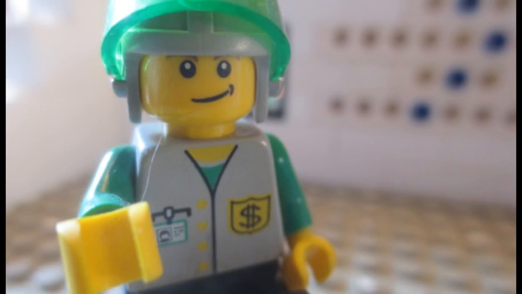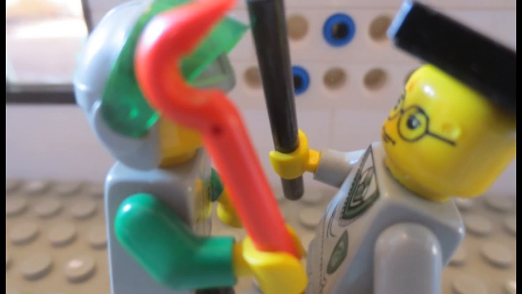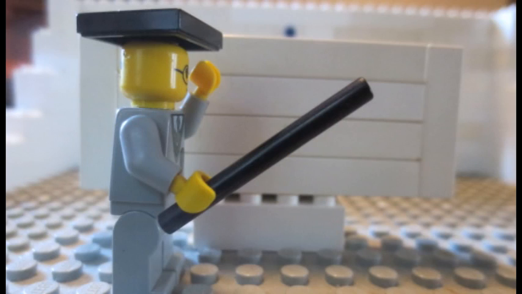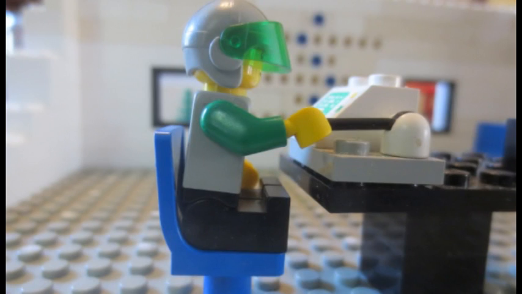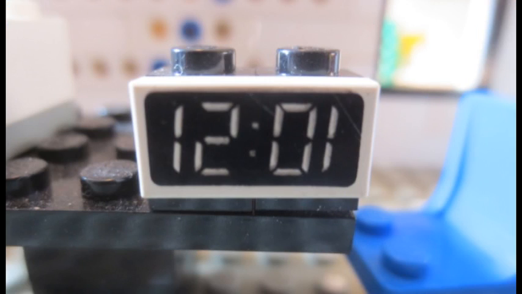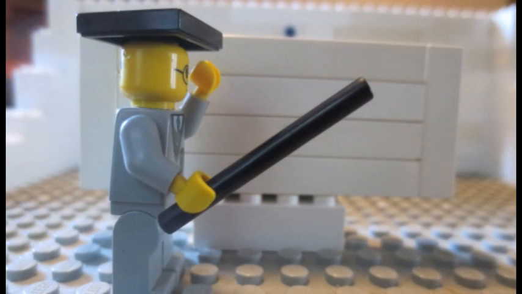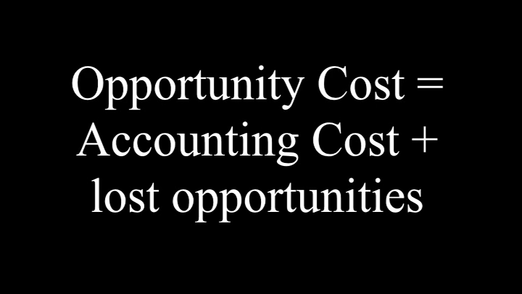Last lesson, we met an accountant and an economist, and they had a lively debate over what should be considered cost for a business. We discovered that economists include as cost items that an accountant typically does not include, such as the value of the owner's time. The concept of cost that economists use is called opportunity cost. It includes all the accounting costs, but also includes other costs, such as missed opportunities.